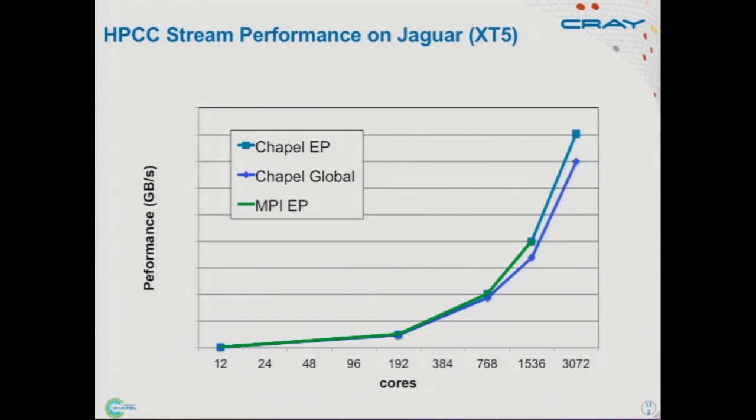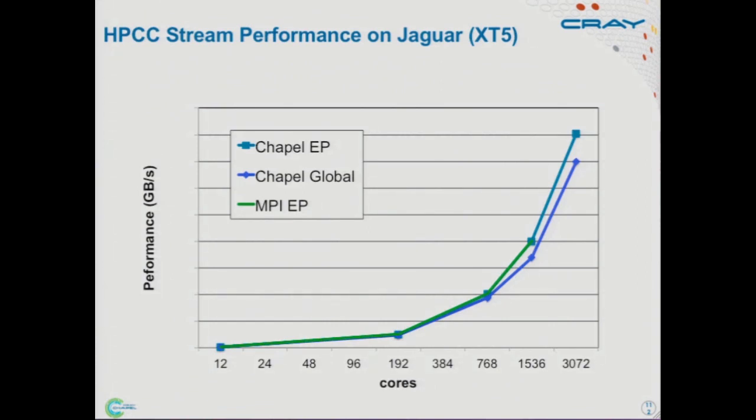And so essentially it's a little bit slower because the forall loop, the creation of the parallelism across the whole machine, is now within the timed portion of the code rather than being amortized out as it would be in MPI or the EP version of Chapel. So what you can see is that these forall loops can scale reasonably well, although you're obviously going to take some overhead for starting up the parallelism. But generally it's pretty competitive with standard MPI and an EP version of Chapel.